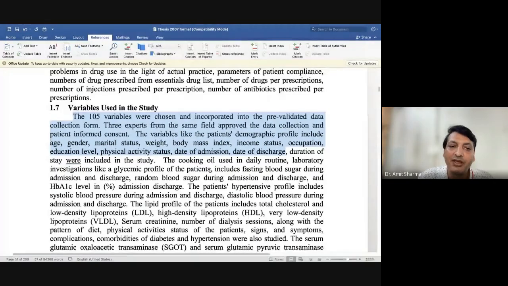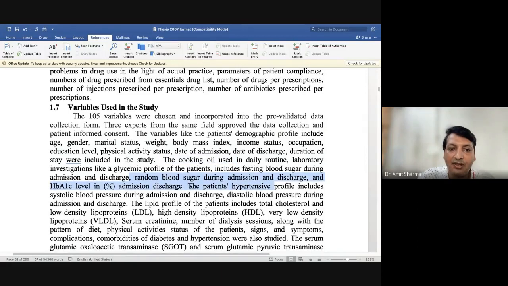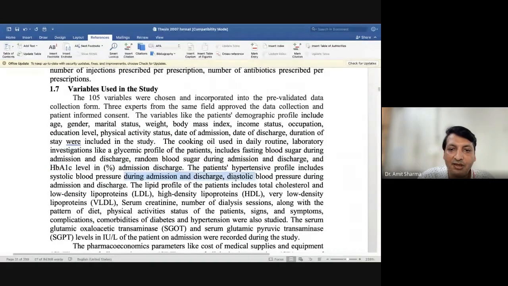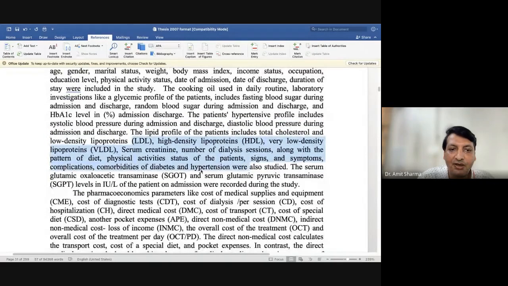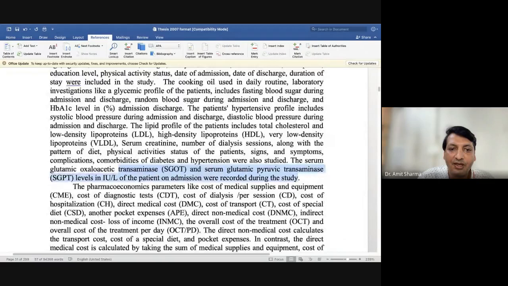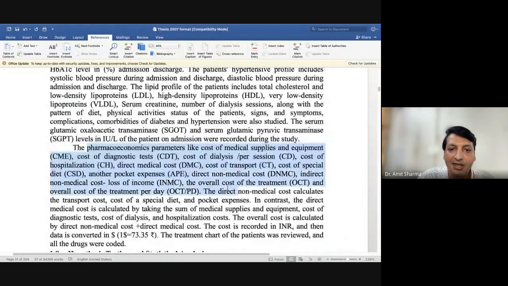I have mentioned in the introduction section that I have taken age, gender, mental status, weight, body mass index (BMI), income status, occupation, cooking oil, random blood sugar, date of admission, date of discharge, systolic blood pressure, lipid profile with all the lipid parameters, all the parameters associated with the liver, and all the parameters associated with the kidney.